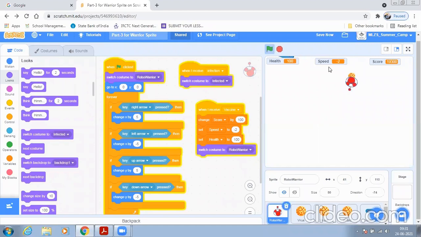So now you can see that the score will also be increasing, and health and speed. So we also need to add some code, which we'll do in the next class. So the first part of this robo warrior sprite, the first part, second part, third part we have developed. Now one part we need to develop, and we should add some background. So tomorrow we'll give the final touch of this activity, this project. So now I'm going to allow you to ask your doubts one by one. So today's activity is finished.